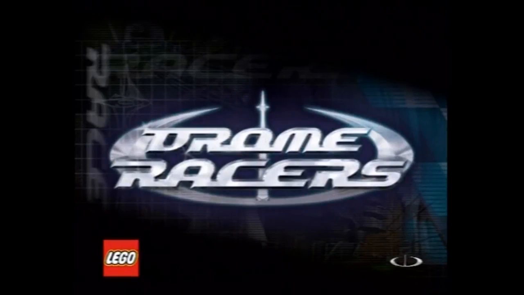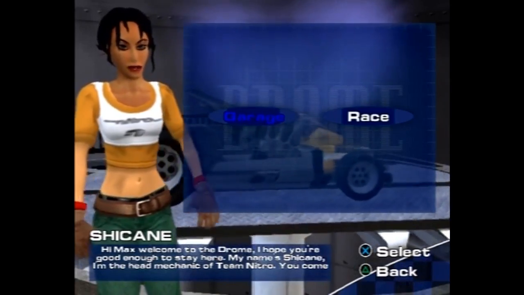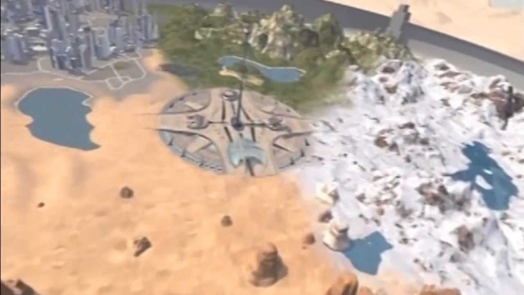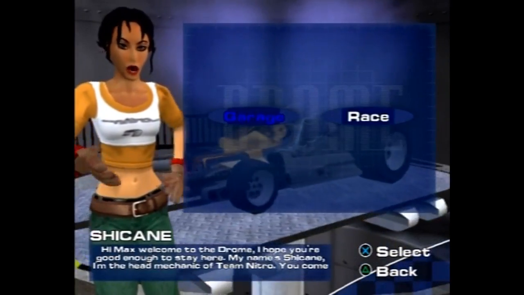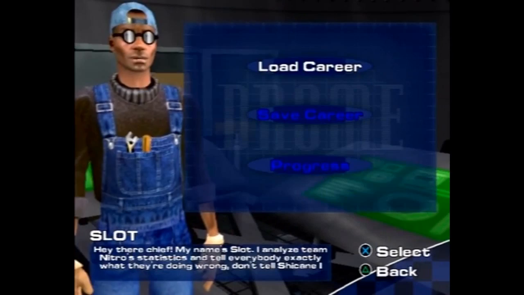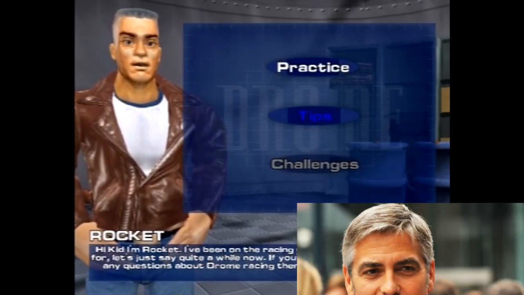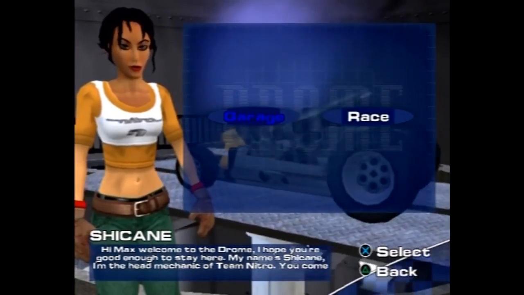So after a load screen, we're greeted by these lovely people who start calling me Max and tell me information about the Drome Championship. And that's really all you get. So in short, this game throws you into a lackluster story, and what little story is here is extremely cliche. You're just some guy named Max who wants to win the Drome Championship. Wonderful. So here in this clustered menu of sorts, we have these people who look odd. There's John Clooney, George Clooney's disproportional brother. I mean, just look at those hands. Chicane, who should really change her profession to a belly dancer. And then we have...